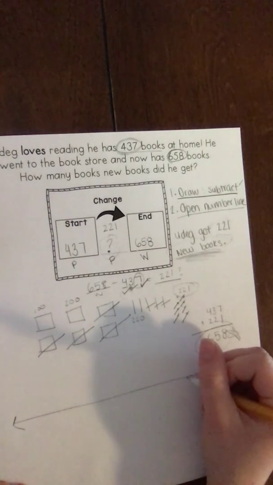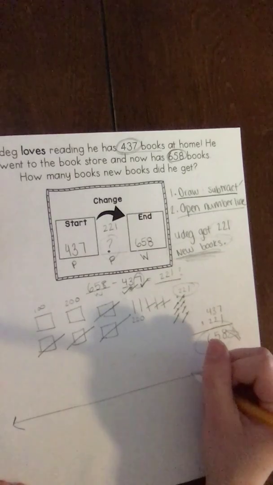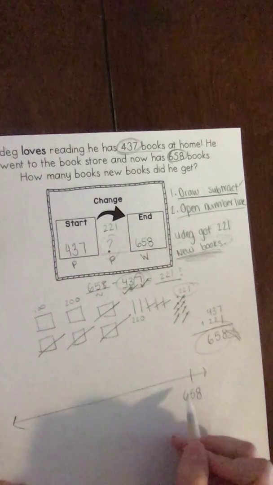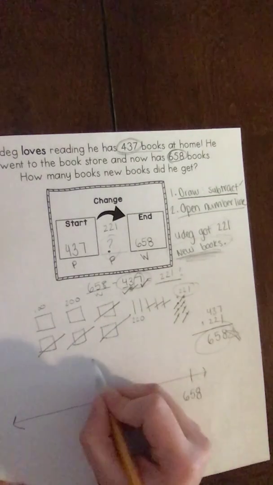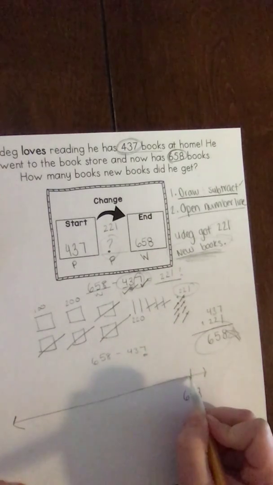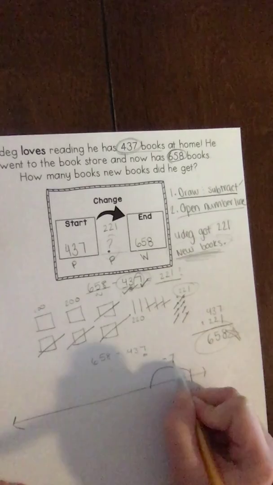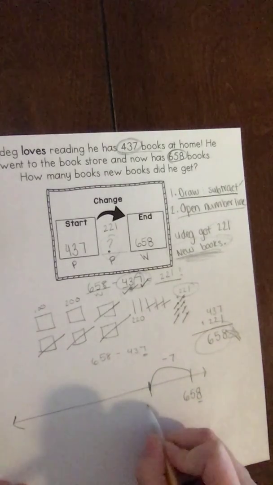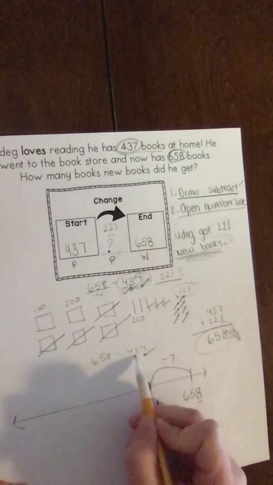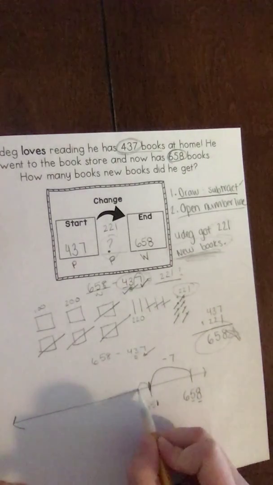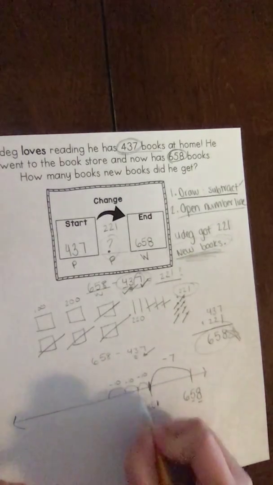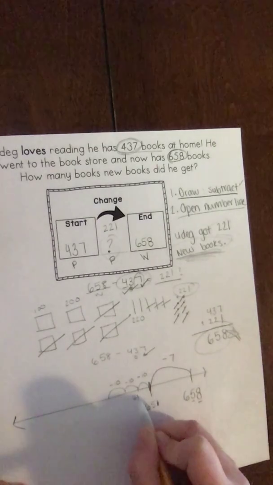So let's start at 658. And we are going to hop back this amount and see where we end up. So the first thing we're going to do, let me rewrite it, is let's hop back our ones. So we're going to make one big hop for minus 7. Let's look at our ones place. That would get me to 651. Ones place done. Let's look at our tens place. Now I want to hop back 3 tens. 1, 2, 3. Minus 10, minus 10, minus 10. So that would put me at 641,